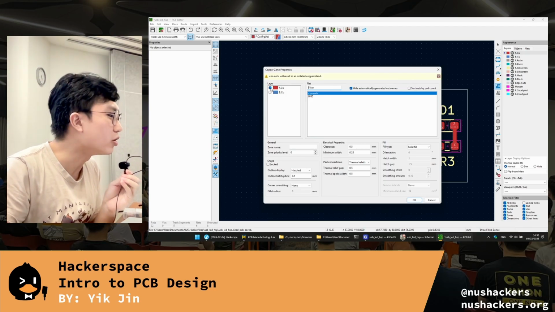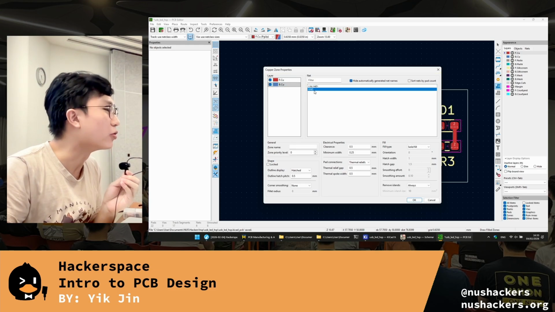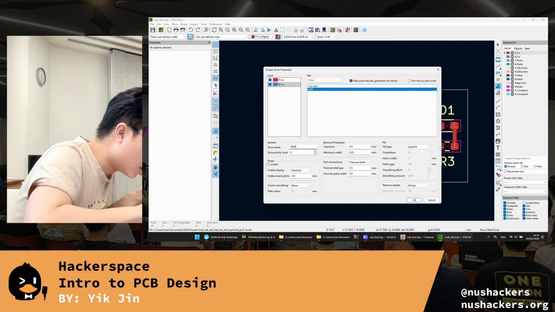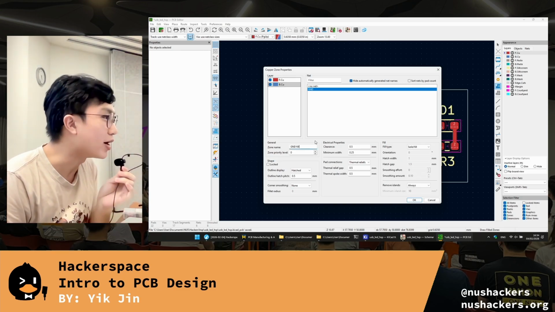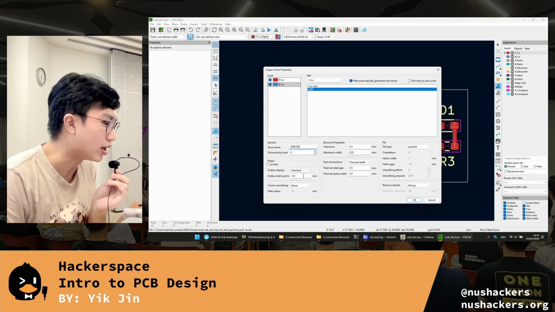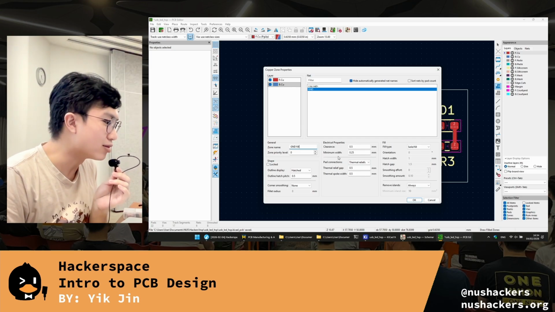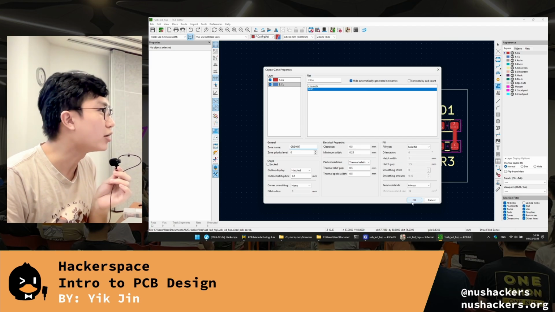So I want fill on both the front and back. So I select back. I want it filled with ground. So I choose the ground net. Zone name, I can give it anything. So I can choose, for example, GND fill, so ground fill, so that I know what it's referring to. It's just a name I give myself so I can refer to it later. Everything else looks okay. Then when I press OK,